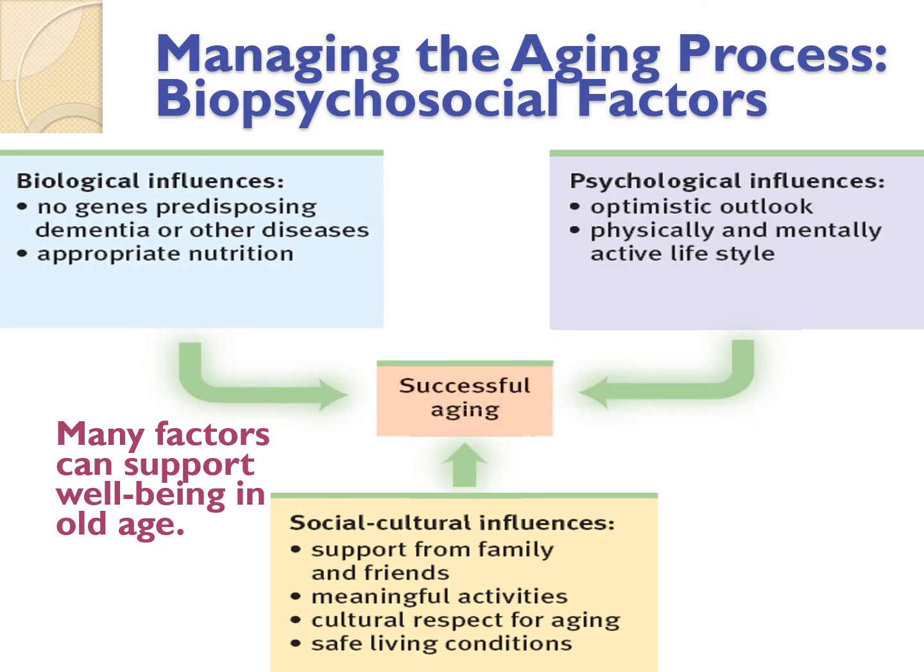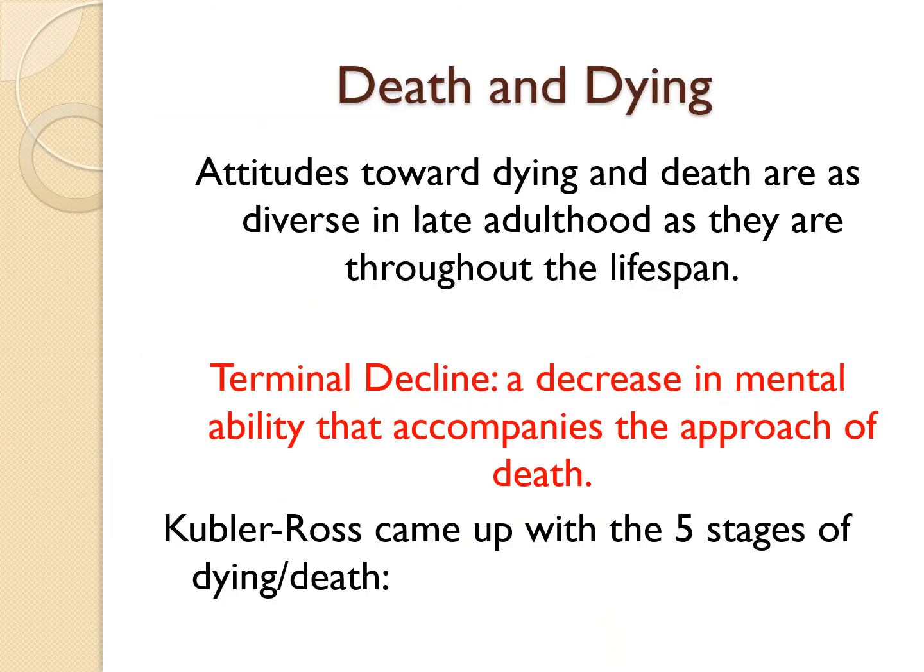Again, we look at it through the biological, psychological, and sociocultural perspective, and you can look at the aging process under each one of them and some examples of each one. When it comes to death and dying, terminal decline is when your mental abilities, as you're closer to death, all of a sudden decline at a hugely rapid rate. Many have seen this not just with the cognitive aspect, but with the physical aspect as well, that all of a sudden they start to get real skinny in a short amount of time. We see that as a terminal decline, which means that death is approaching.